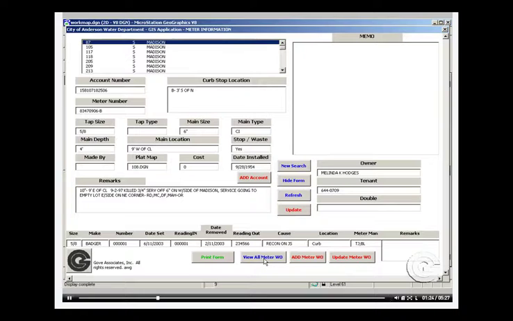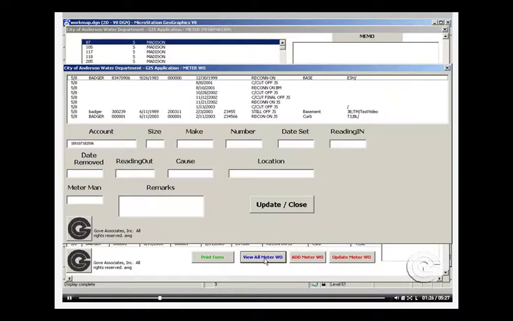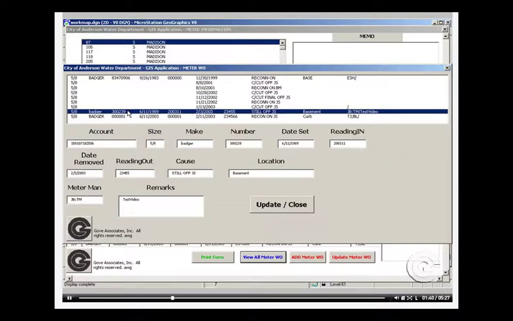We can just here go ahead and hit view all meter work order, and then as you would see, then the system will go into the database and find exactly every single job that had been ordered and performed on that specific address. And then as you can see here, you can go and click on any one of those log or work order and see exactly all the information and be able to update it to show the current information on that meter. Like here we could have just gone here and add maybe test onto the remarks and